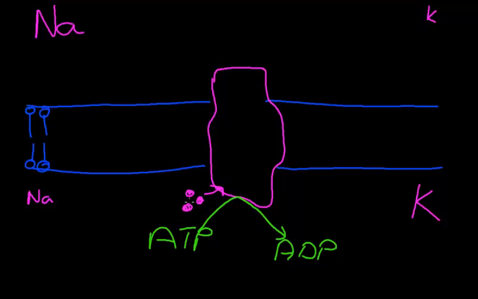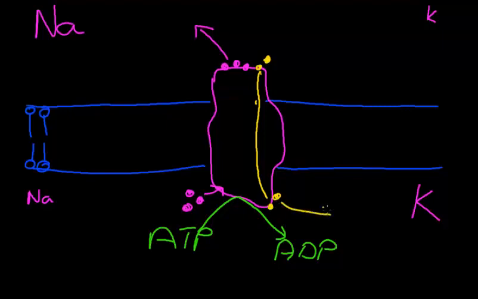through the addition of energy. These 3 sodium ions are moved in a conformational change of the protein. They are moved to the external surface, and then expelled into the external environment. Once they're expelled into the external environment, 2 potassium ions attach, and those potassium ions then, through conformational change in the molecule, are moved to the inside of the cell